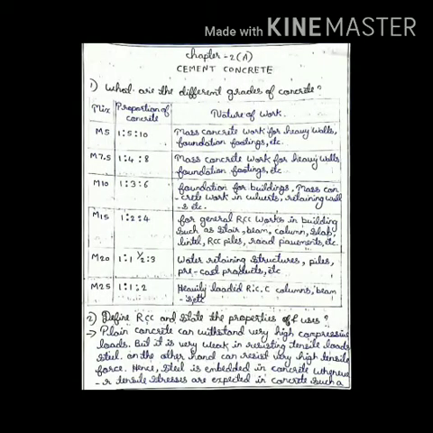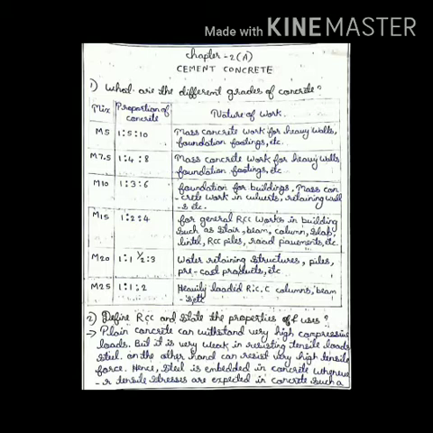First question, what are the different grades of concrete? Different grades of cement are different, whereas different grades of concrete are different. Here we are discussing the different grades of concrete. Concrete has various grades like M5, M7.5, M10, 15, 20, 25, 30, 35 and so on. M stands for the mix, whereas the number indicates its compressive strength after 28 days.